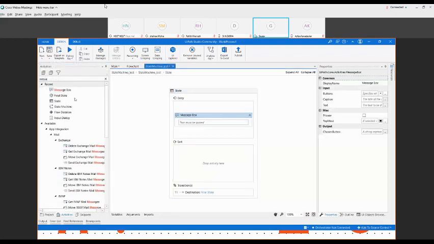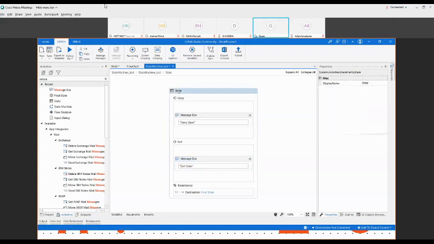I can use one message box here, and one message box here. I can say this is the entry state, this is the exit state. If you want to change the name, you can change the name also.